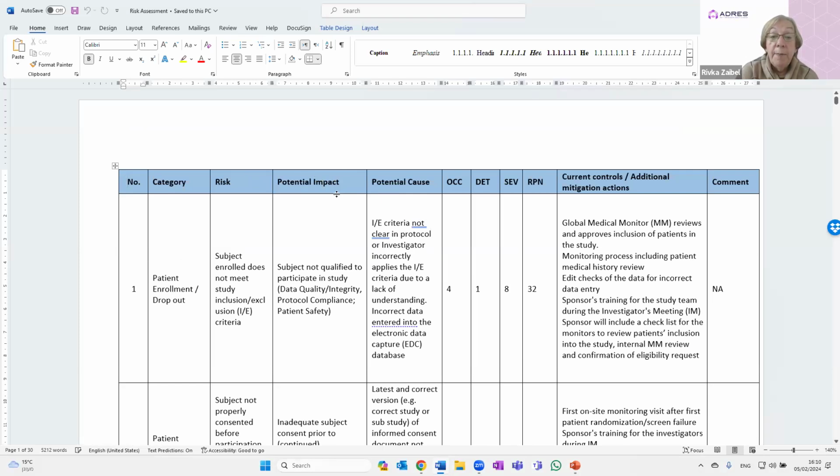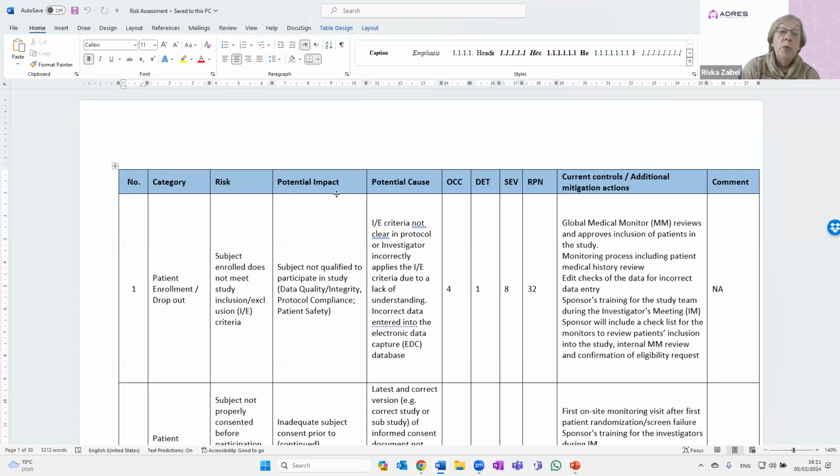Risk, potential impact, potential cause, and then the occurrence, the detectability, severity, and the RPN number, and then the controls and additional mitigation actions. So that is the way that it is recommended to develop such a risk assessment table,